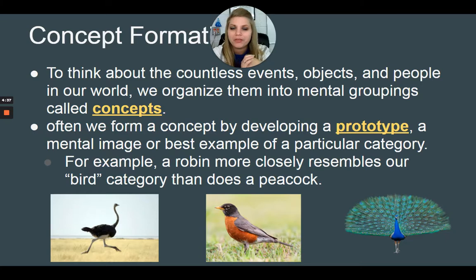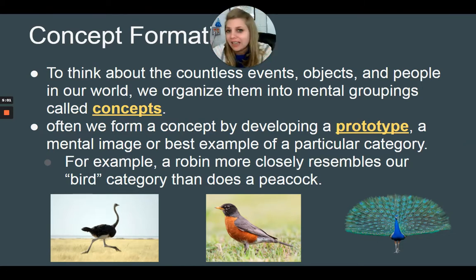Not a lot of people think of a peacock. One year I had a girl say swan, and that made a lot of sense because that was her last name. Not a lot of people say penguins or ostriches, and why? Why is it that that's not the bird you think of when I ask you to think of a bird? It's because